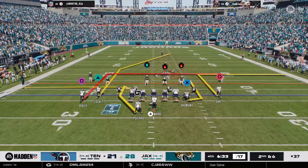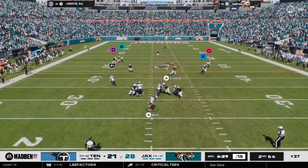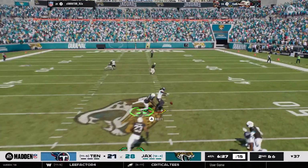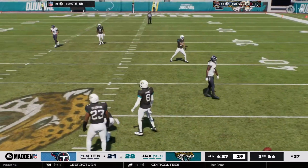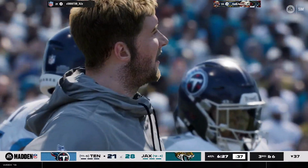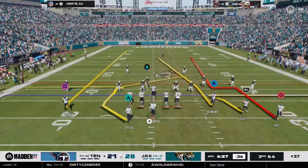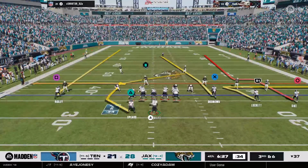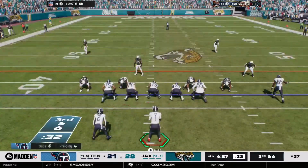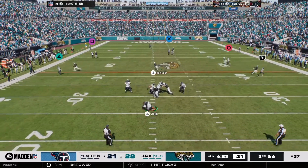Here we go. Throwing is Ward. And this throw incomplete. And the defender all over him that time, but it's going to lead to 3rd down. I know at times people think we use it too often, but you've got to be able to throw guys open. And when you read zone, you've got to stick it in there before your receiver gets to the next guy in the zone. Otherwise, you can...